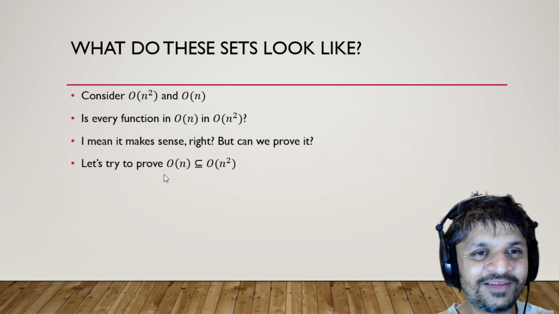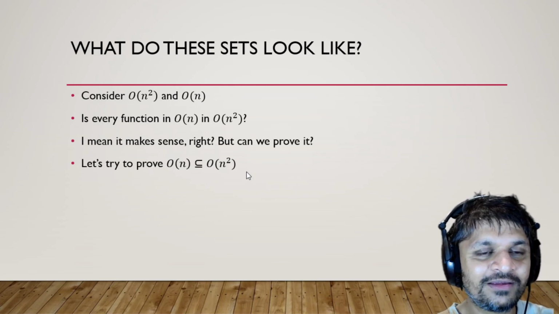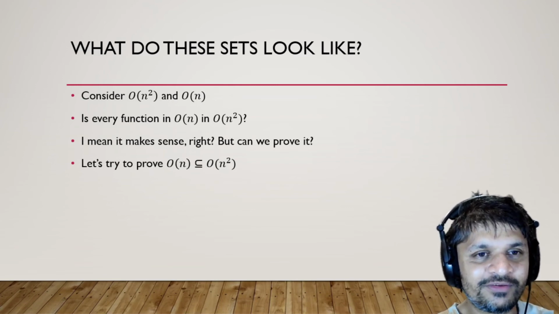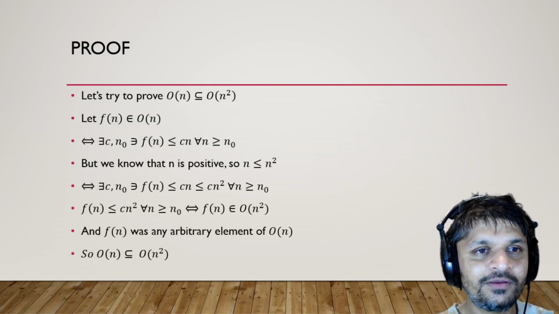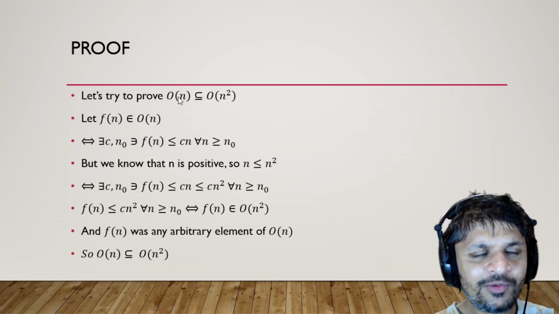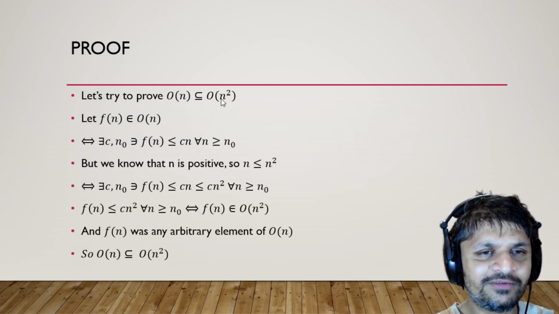So let's think about this. Let's try to prove that big O of n is a subset of big O of n². If we can prove that, then it means that we're getting some intuition of how this stuff works. If I want to prove that this is a subset, and I'm not sure how many proofs of this form you've done in math, but probably a lot,